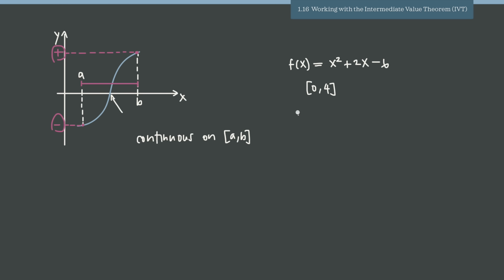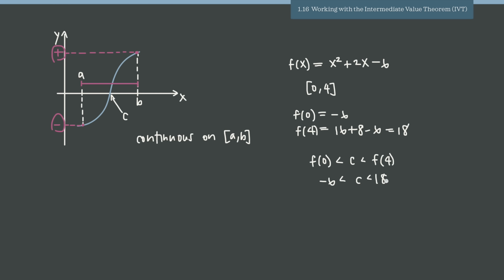Then we just plug in each edge of the interval. So we just say f of 0 is going to be 0 plus 0 minus 6, we get a negative 6, and f of 4 is going to be 16 plus 8 minus 6, and that's equal to 18. We usually call this point where the graph crosses the x-axis C. What we can say is that f of 0 is less than C, which is less than f of 4, or in other words, negative 6 less than C less than 18,